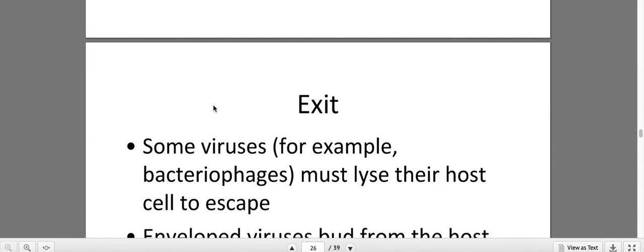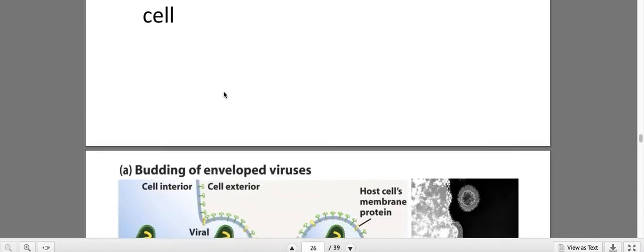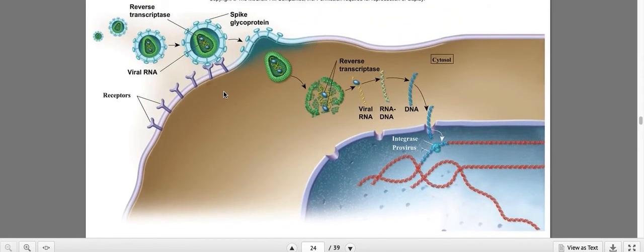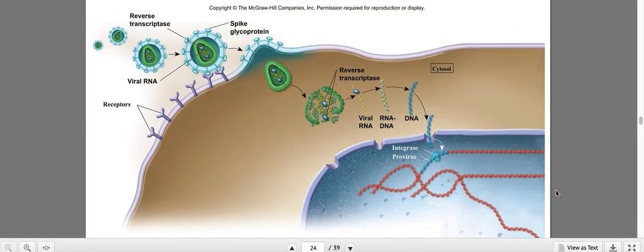So this is the basic way that viruses enter and get out. I think I got into enough detail for today, but next time we'll talk about different viruses, and then maybe we'll get into some more detail. But these are some basic ways that viruses enter cells, make more of themselves, and get out. That's all viruses do. They don't really try to grow or develop or anything. They just make more of themselves, and in that process, some of our cells get hurt. So that's what happens during a viral invasion.